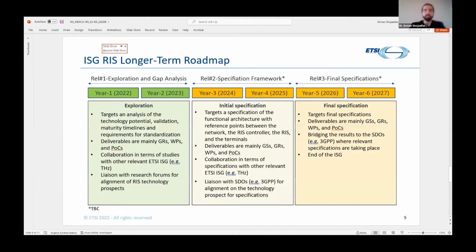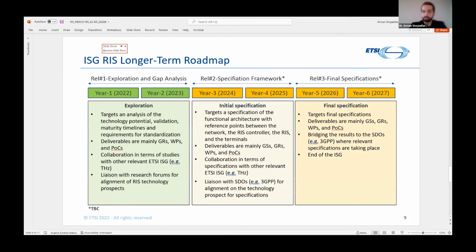Looking at the longer term roadmap of ISG-RIS, so we will continue the activities in the first phase for 2 years, and this is the exploration and gap analysis phase, and the deliverables of the group will be mostly group reports, white papers, proof of concepts.